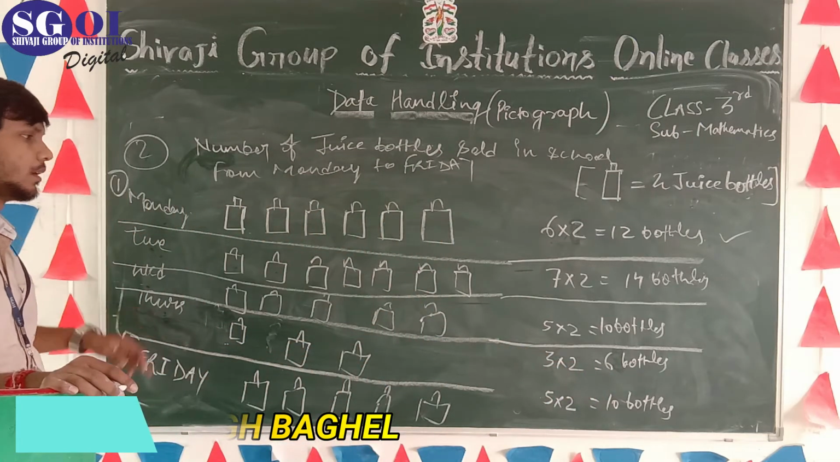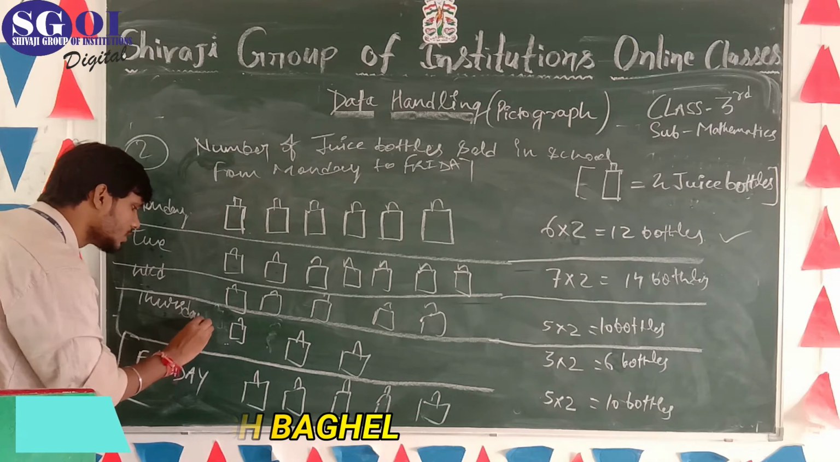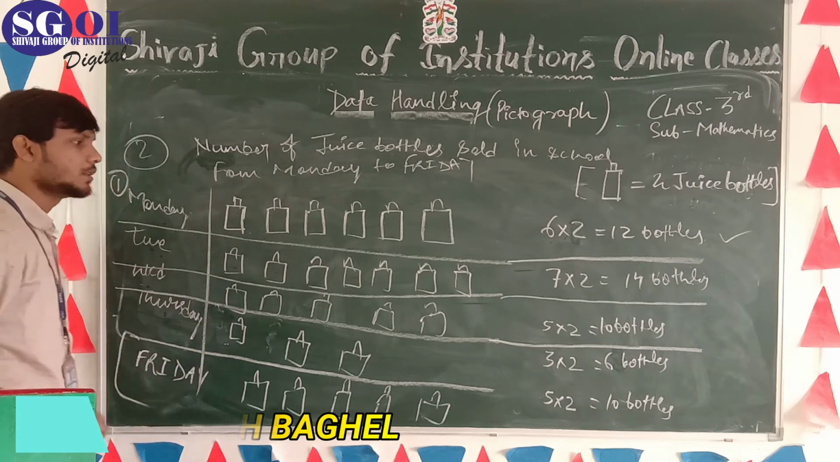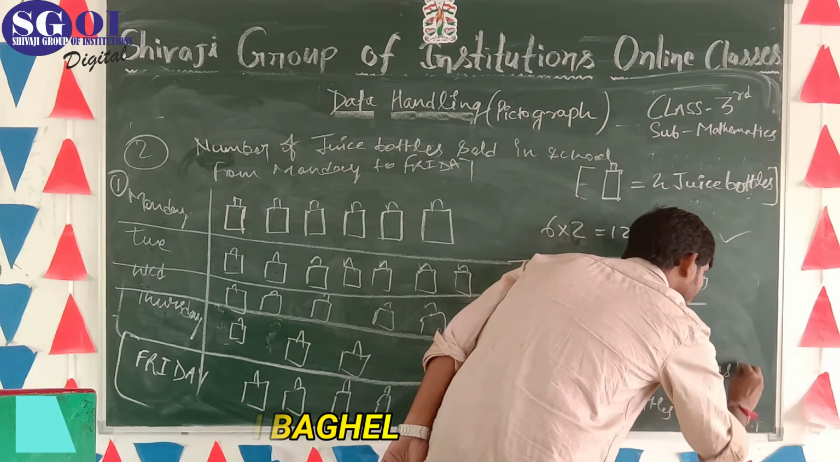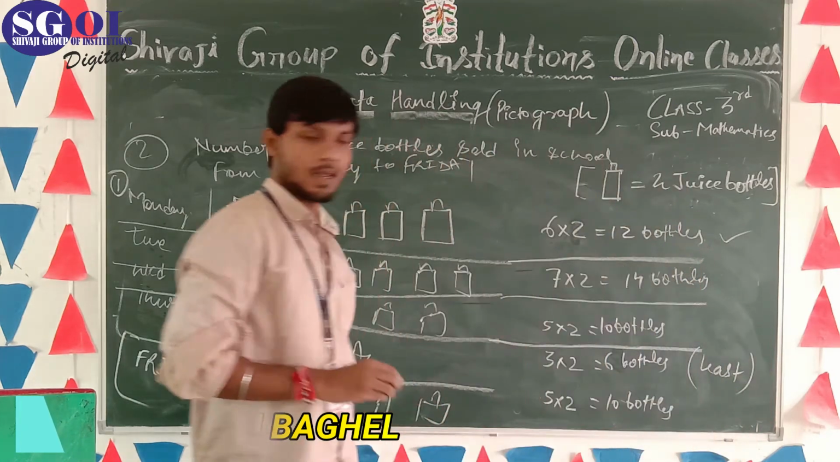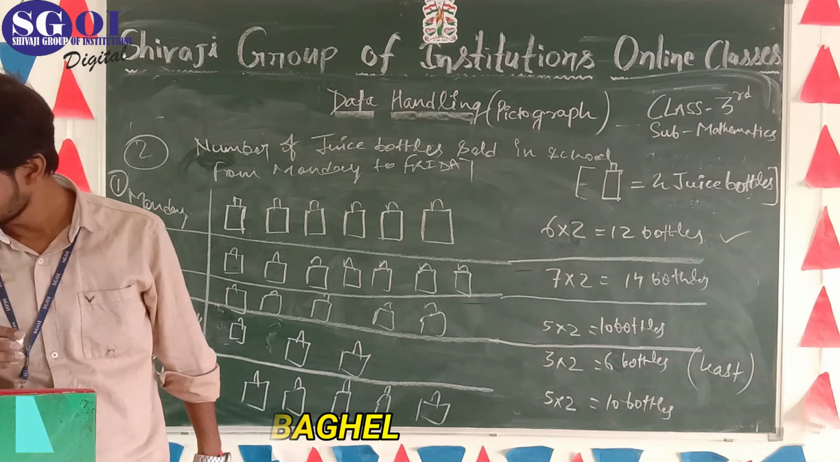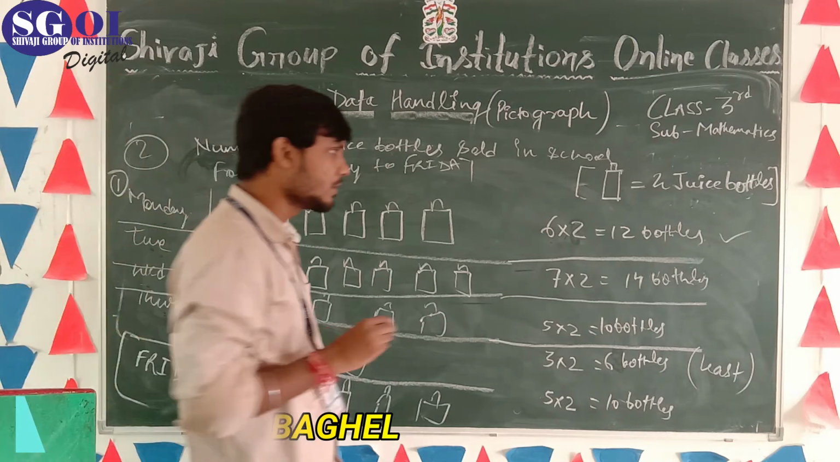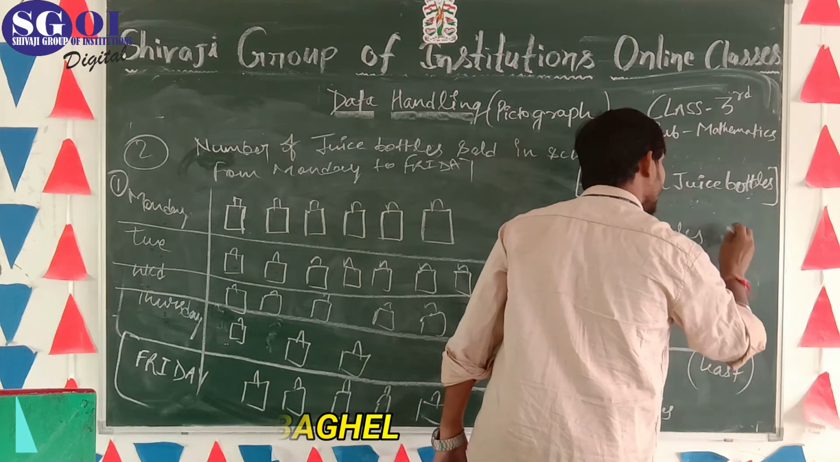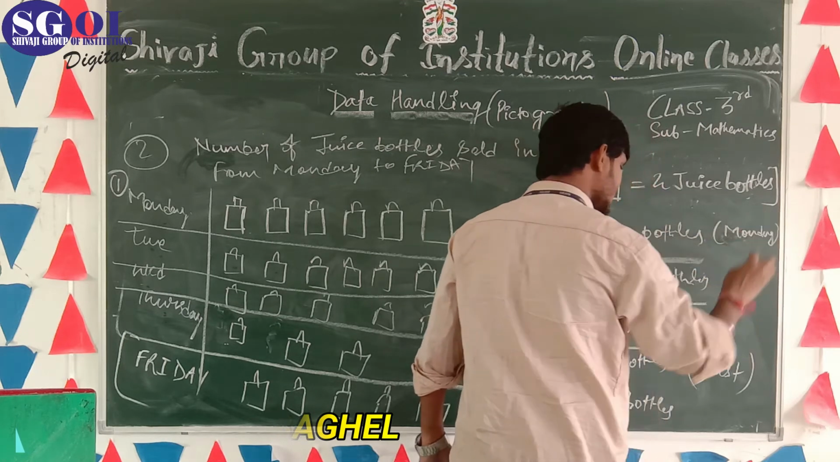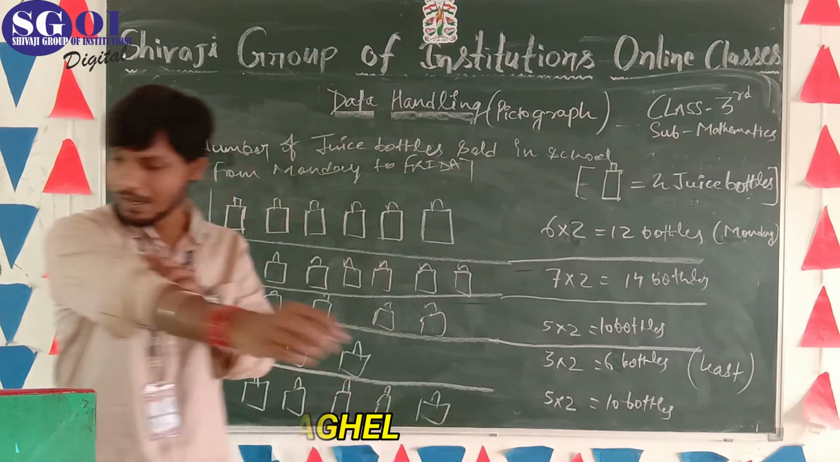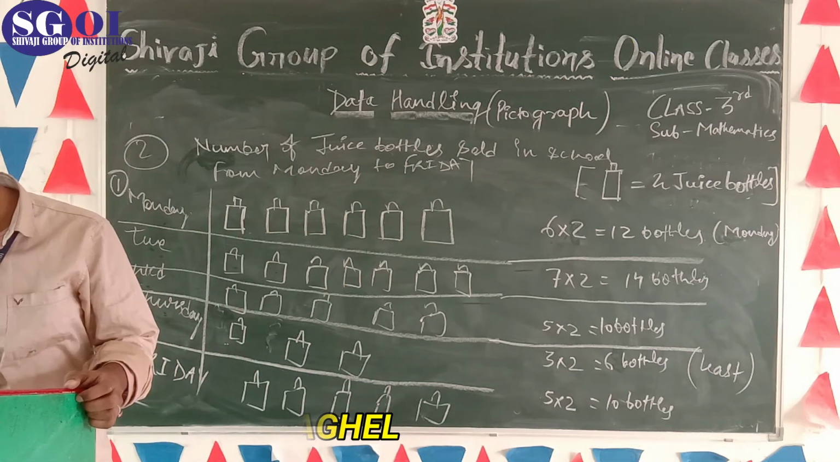Thursday. It means Thursday. On Thursday, the least bottles will be sold. 12 bottles will be sold on Monday. This is the first answer, this is the second answer, and the third question is on which day were the most bottles